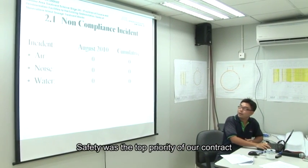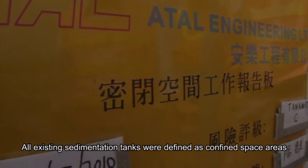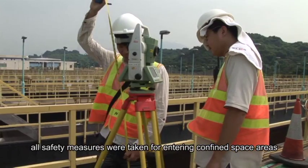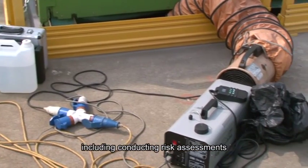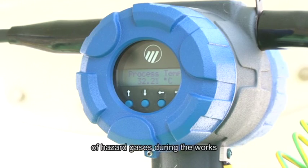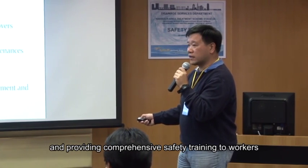Safety and environmental issues. Safety was the top priority of our contract. All existing sedimentation tanks were defined as confined space areas. During the construction stage, all safety measures were taken for entering confined space areas, including conducting risk assessments, implementing continuous monitoring of the level of hazard gases during the works, setting up temporary ventilation systems, and providing comprehensive safety training